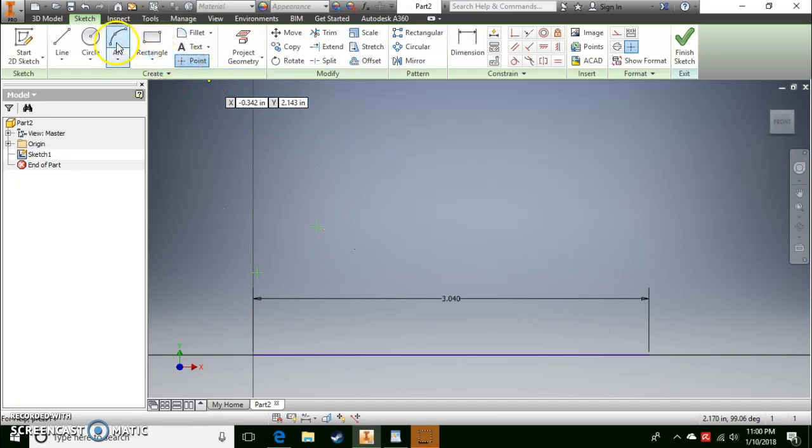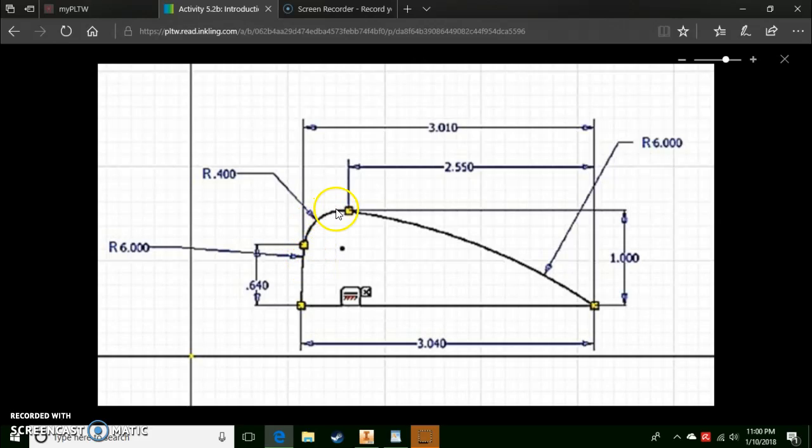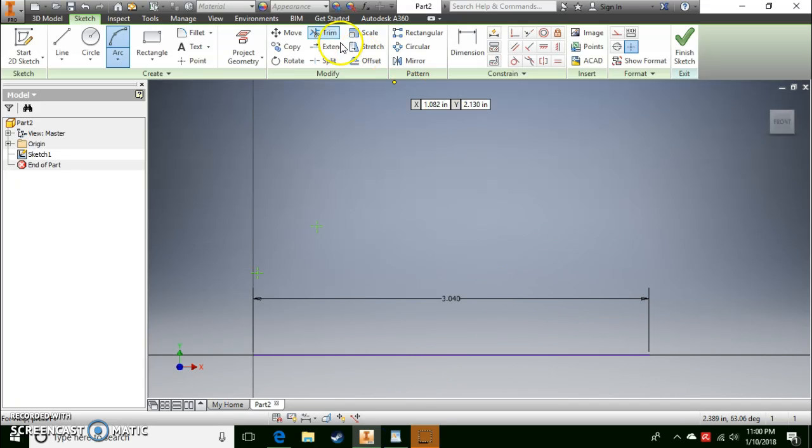So now our arcs are a whole lot easier to work with. First of all, double check here, because you know that this arc is going to ask for a radius. So this radius is 6. This radius is also 6. And the middle one is 0.4. So let's make all three of those arcs using the points that we now have set up, which makes things a lot easier. So that arc tool, make sure you're on the